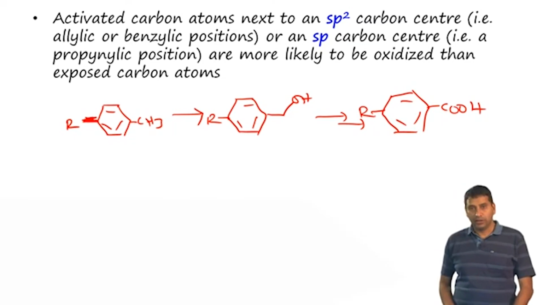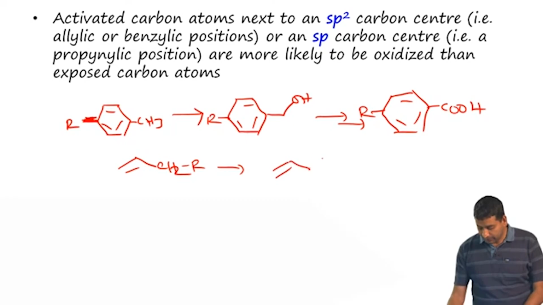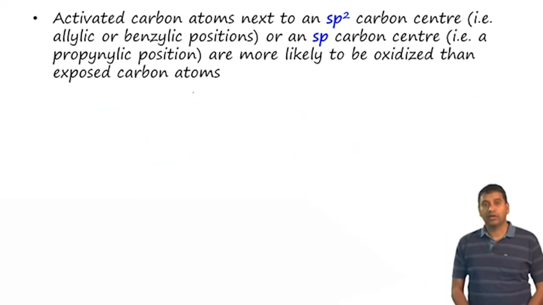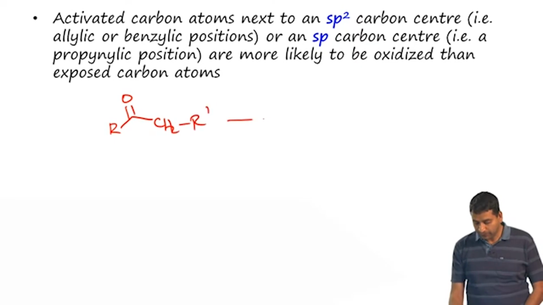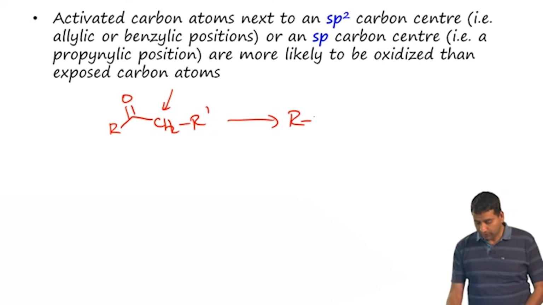It is also possible that you have an olefin such as this. This is an allylic position which can undergo oxidation to give you R prime, okay. And you can also have oxidations next to the ketone. So, for example, you have R C double bond O CH2 R prime. Now, this position here is quite susceptible to oxidation, and so you can have R C double bond O CH